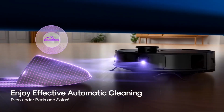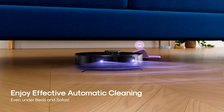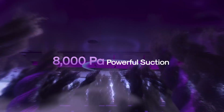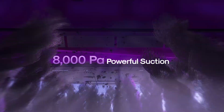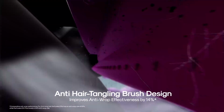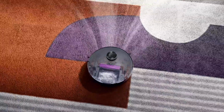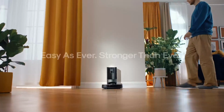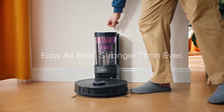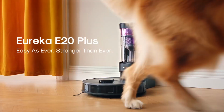rugs stay dry. With Duo Detect AI 3D obstacle avoidance, dual LiDAR sensors guide the robot even in low-light environments. Its bagless self-emptying station holds up to 45 days of dirt, saving you constant maintenance and replacement bag costs. Plus, the anti-hair tangling V-shaped rubber brush reduces hair wrap by 14%, making this vacuum a solid choice for pet